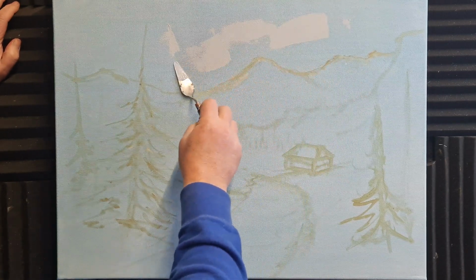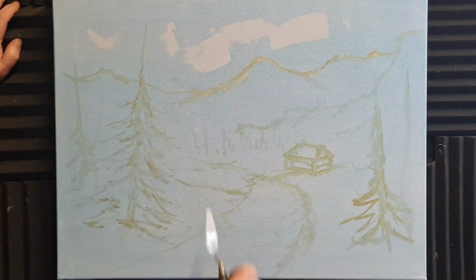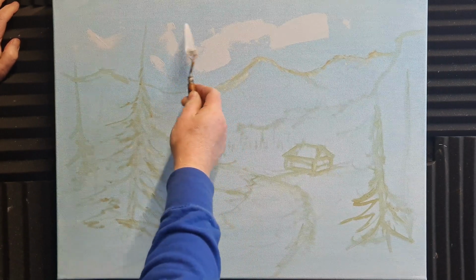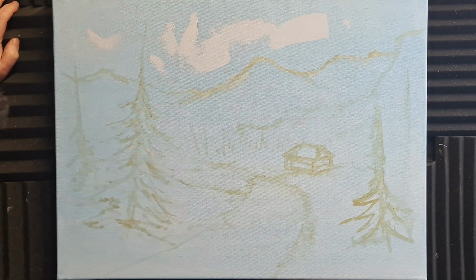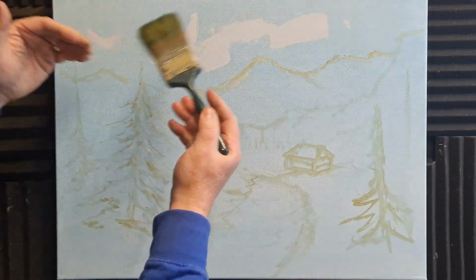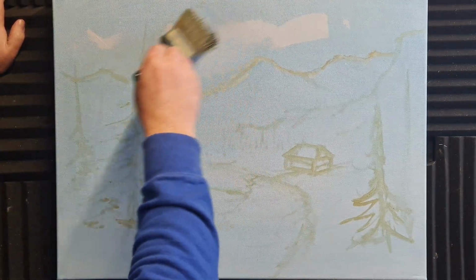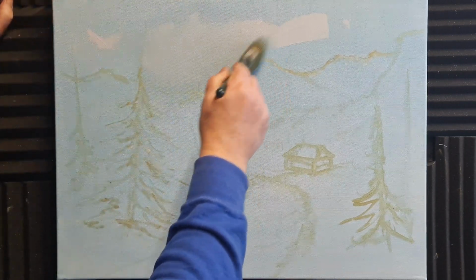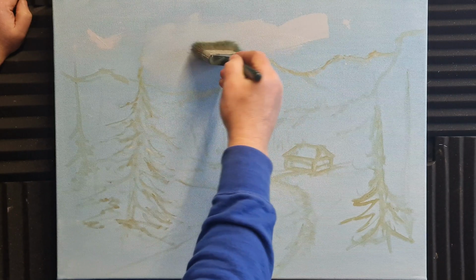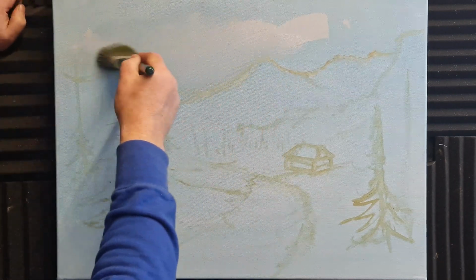Just pick some up, slap it on. Actually, I just wanted to clean the palette knife, but it got going pretty well. Let's use this same brush. I've dried it anyway, and I'm just going to throw this in up there. Nice murky looking sky, and if any of this blue shows through, that's perfect. That is absolutely perfect. I've got a stronger colour as well, which I'll use for the top of the sky,